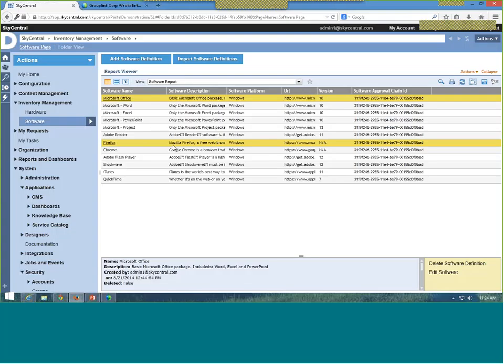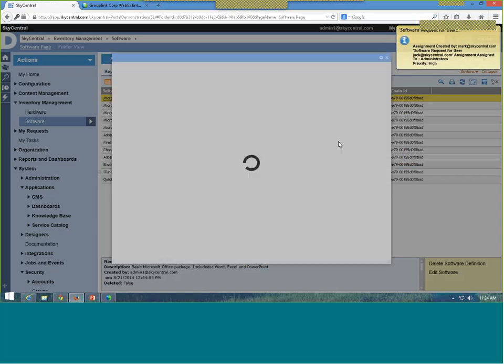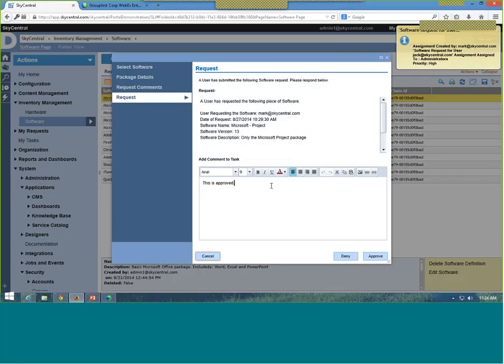And since right now in this demo all I have is the manual installation and not the SCCM, that has to go to a specific individual or the admins group. You see the admin receives a notification saying that this has been approved. They come in here, say this has been approved. They can add in a note that says please go here to download this product,